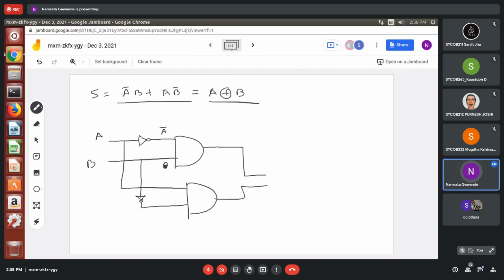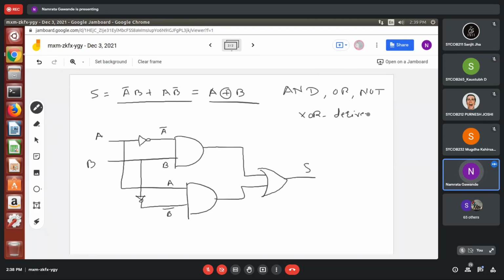So A bar B, and this is A B bar. So this is the sum. Actually, this circuit is required for implementing the half adder using basic gates. Basic gates means compulsorily AND, OR and NOT. This XOR gate is the derived gate.